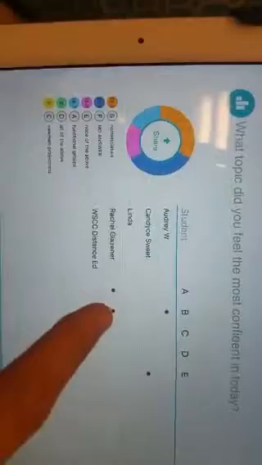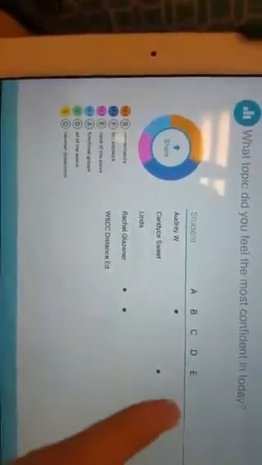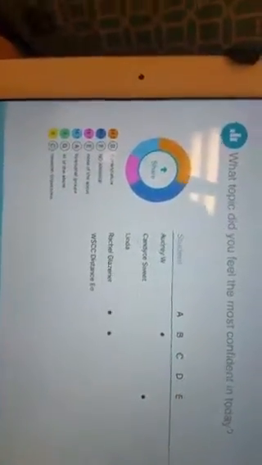So I submitted my feelings as a student, and on my instructor iPad, again in real time, I can see what my students are most confident in. And that just gives them a way to rate the class. And if they put, let's see, E was none of the above. So if I get a lot of none of the aboves, then the next class we typically do a lot of warm-ups with this. So the drawing feature, the quiz questions, and the poll features, in my opinion, are extremely